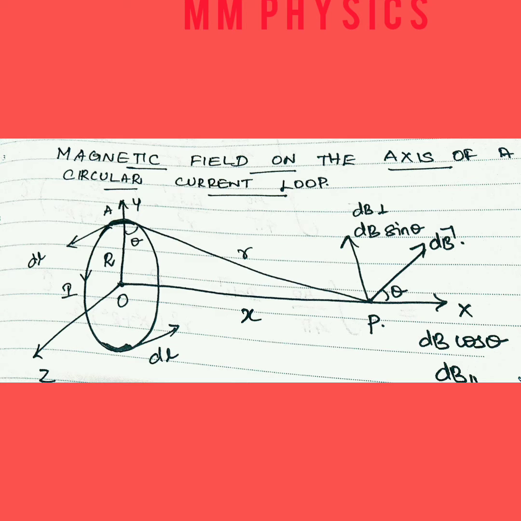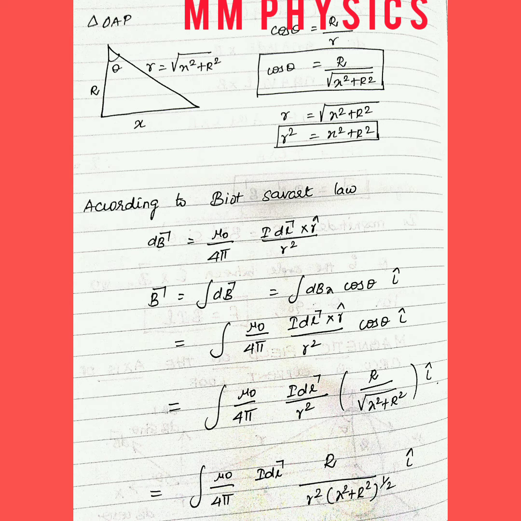And this circular loop is placed in the three coordinate system, x, y and z. And we are taking a point P which makes the angle theta with the dl. With the length dl, the point P should make an angle theta according to Biot-Savart law also. The same thing: always we take the test point P which is away from the point, that is, it makes the angle theta. Now let's take the triangle